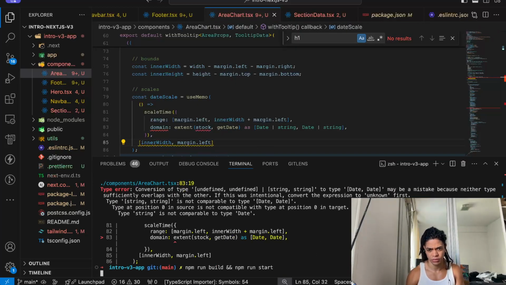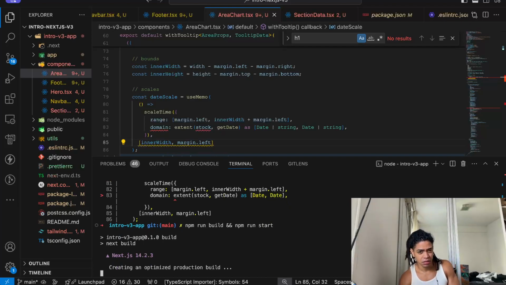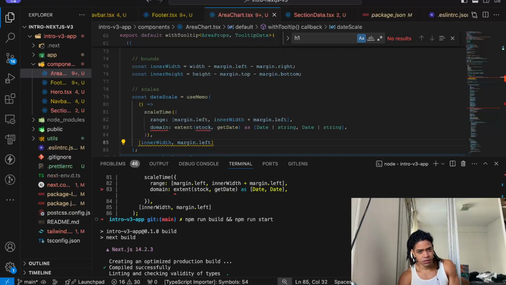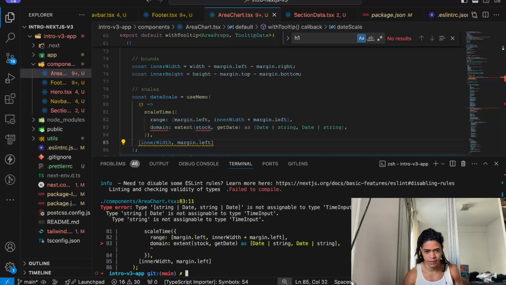I think TypeScript will still complain about that, but some other stuff, yeah, of course, you're gonna say, hey, domain, its type is not assignable to type input.